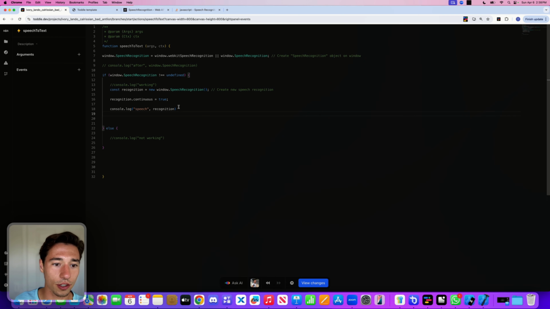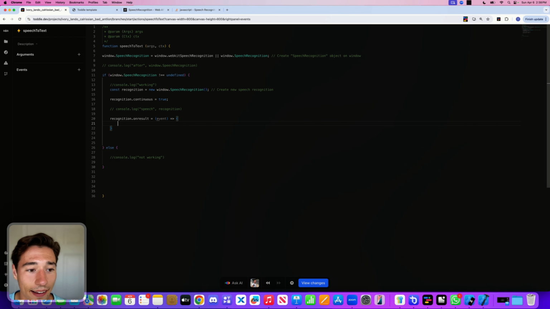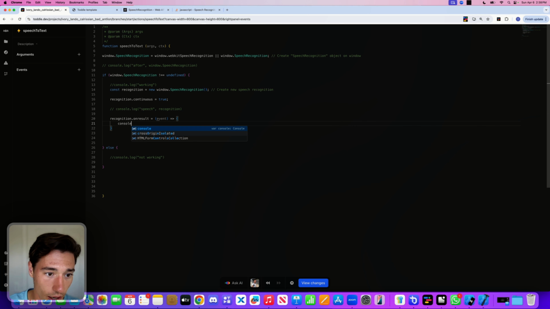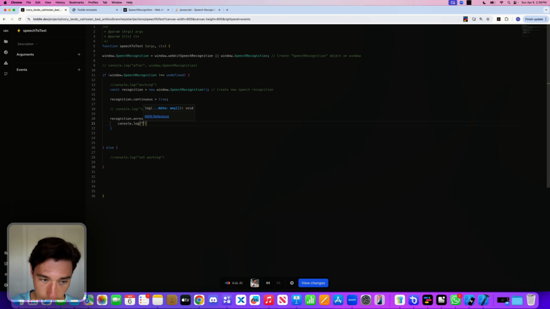nicely formatted, so we can comment out this, and we can go on the next line, and we can just add it right here. We got to close this, right? So now we got this event whenever there is an onResult. So we're now defining this event. I just add a return, so we are on the next line, and then I add a console.log, and now I'm just doing a console log here,